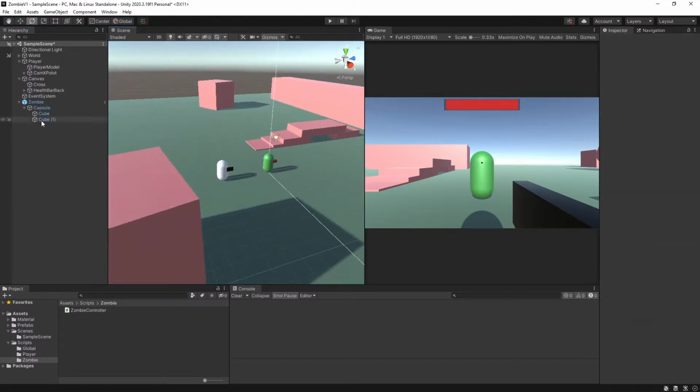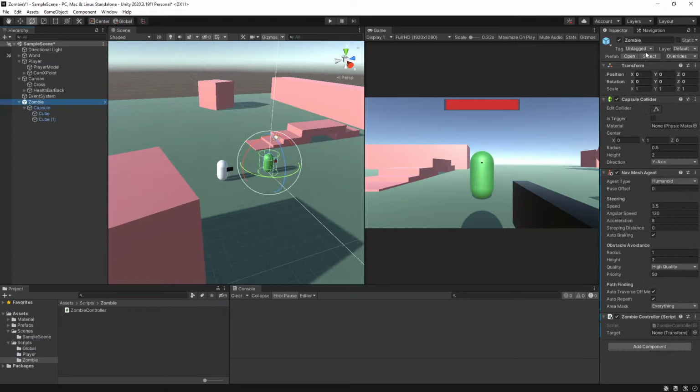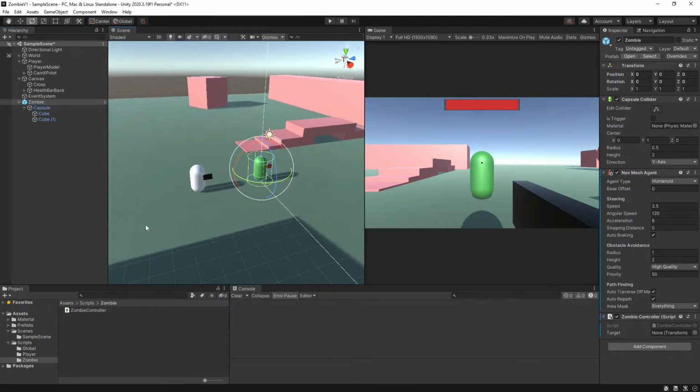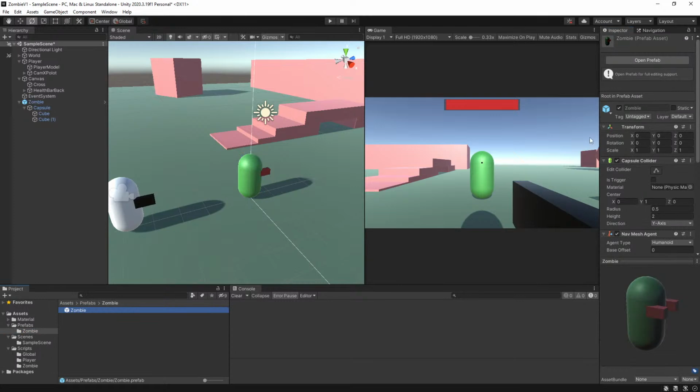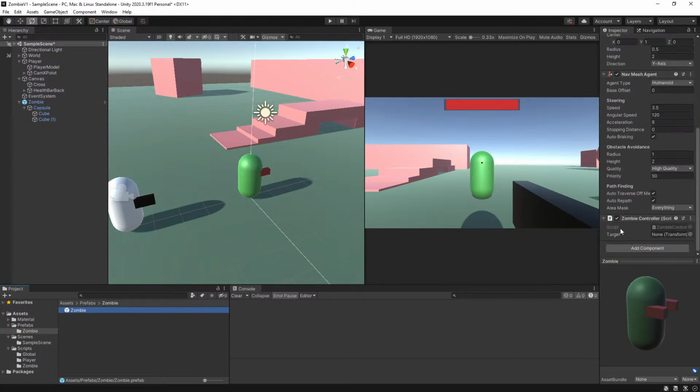Okay, so we have our zombie. We have a zombie here, a prefab. Now, he is a prefab. We might have to update the prefab. Now, the only way I unfortunately know about updating the prefab is you can click here, and it says we can override this stuff. So we can revert all to the prefab, or we can click apply all. And this will update our prefab here. You can see now he has the Nav Mesh Agent